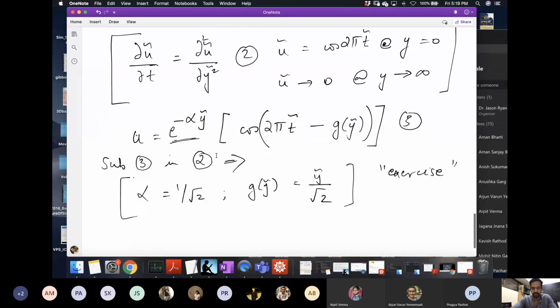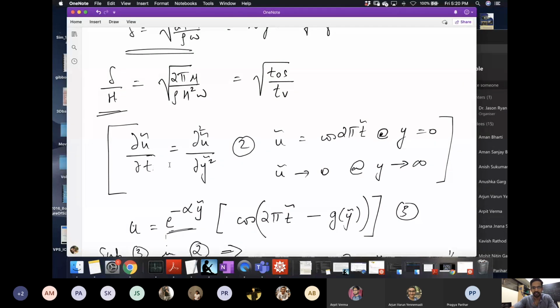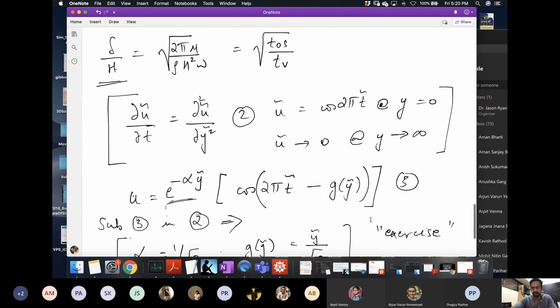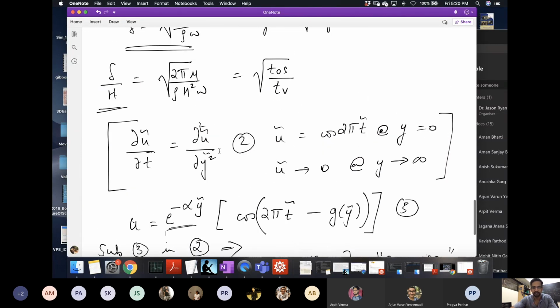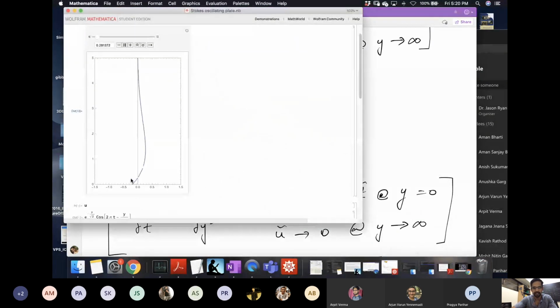So this was our final solution. By way of recap, we obtained this solution from the simplified equation valid near the bottom wall. And remember, in the course of this derivation, even before we actually obtained this analytical solution, let's say we couldn't obtain it, we would still know more or less the region of influence, within a factor of 10, which is this delta, where the velocity will have a significant effect.